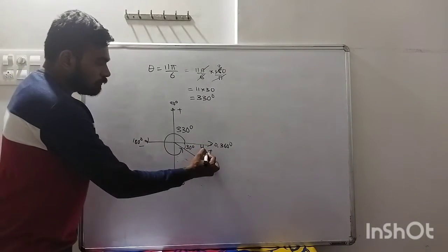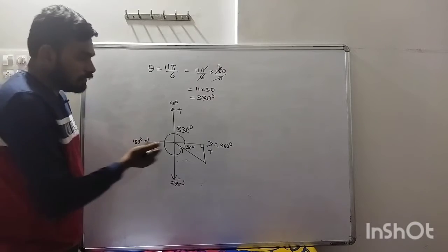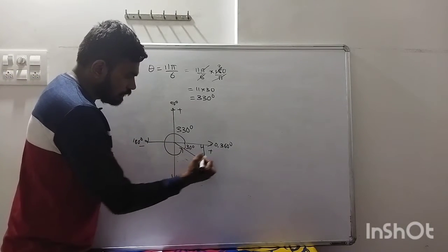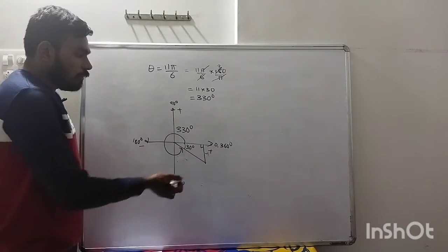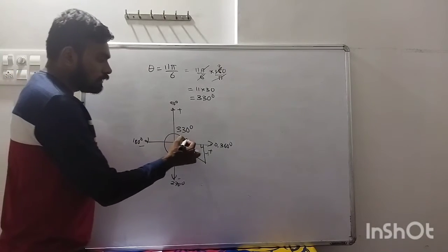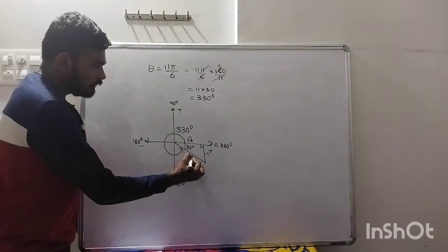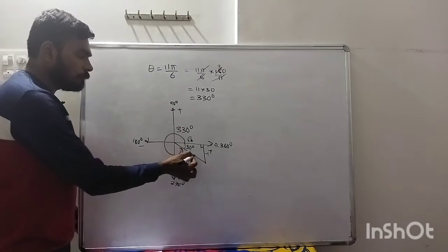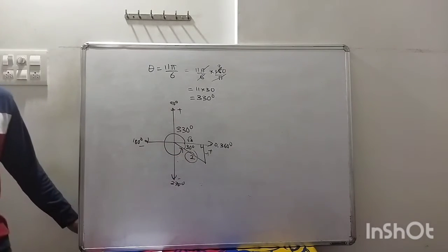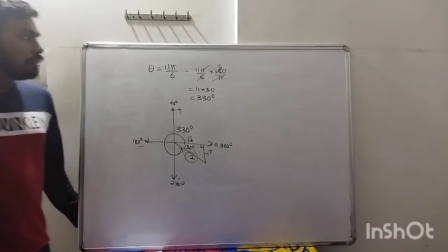And now, opposite of 30 is, shortcut, opposite of 30 is 1. But since it is negative side, I will write minus 1. Adjacent of 30 is root 3. Since it is plus, I can write plus root 3. And this is 2. This is always positive. Understood, no? Now you can find any trigonometric ratio.